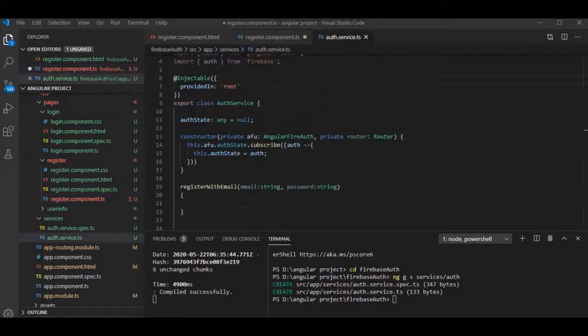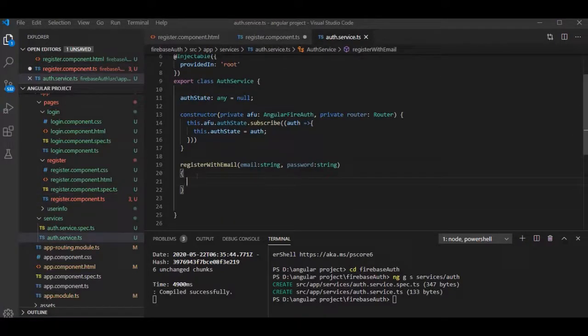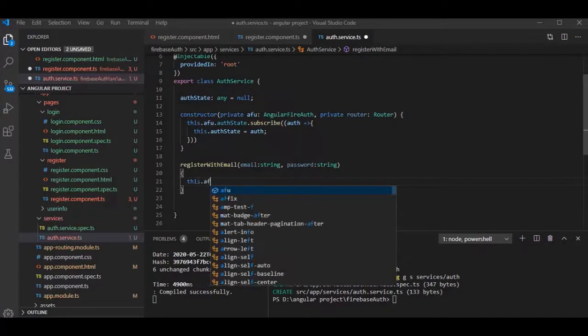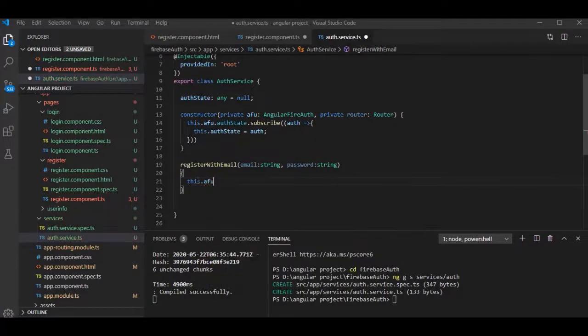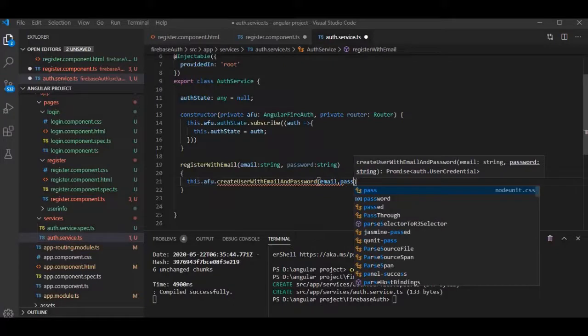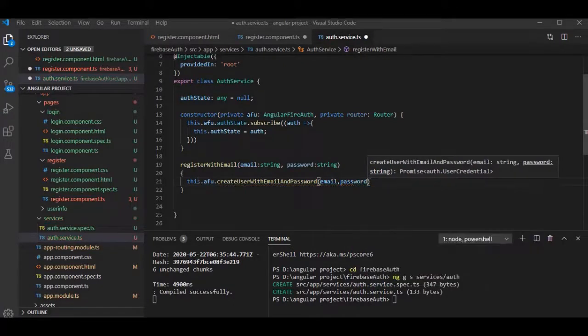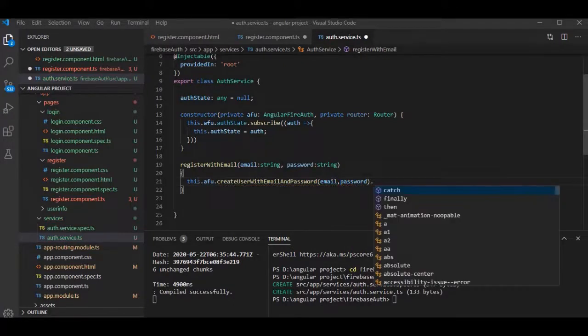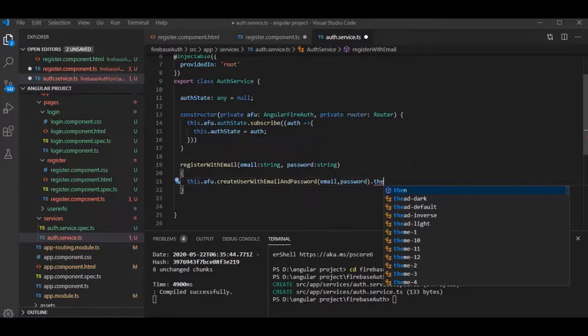Now we go the auth service.ts file, and we can here return this dot afu dot. This is a method of Firebase create user with email and password. You can use the create user with email and password method, and we can pass the value email and password. Then